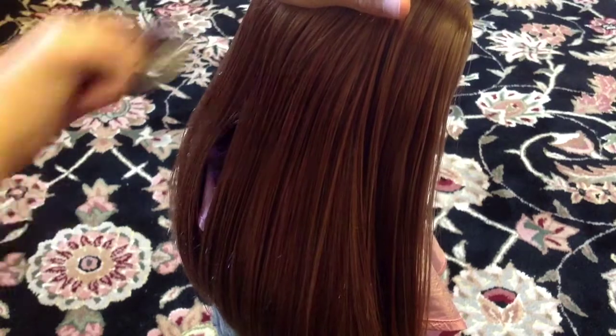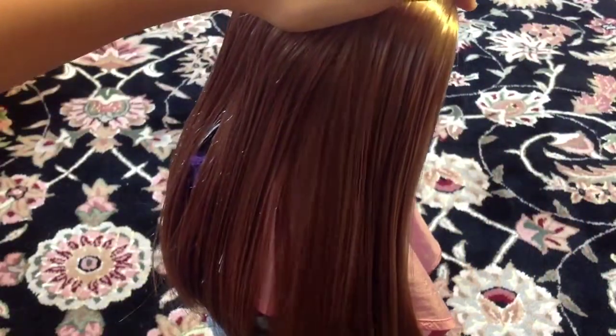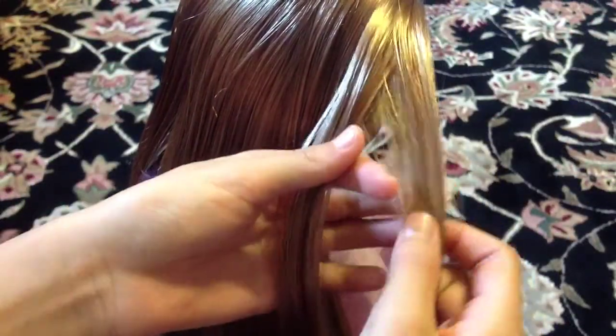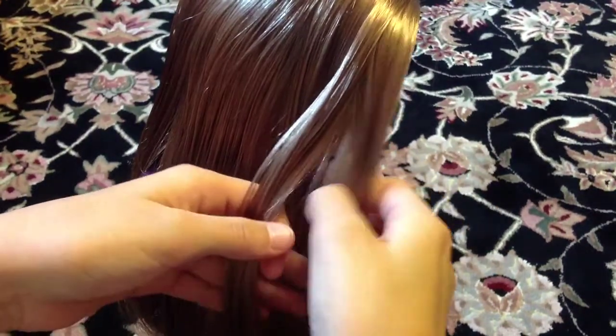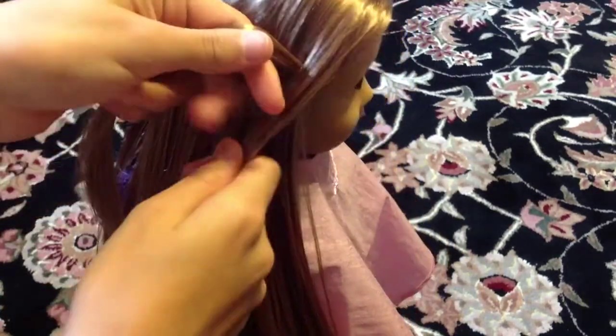then brushing it out so that there is no tangles. So what you will want to be doing now is taking 2 parts of your hair, just make them small, and then twist, just like that,